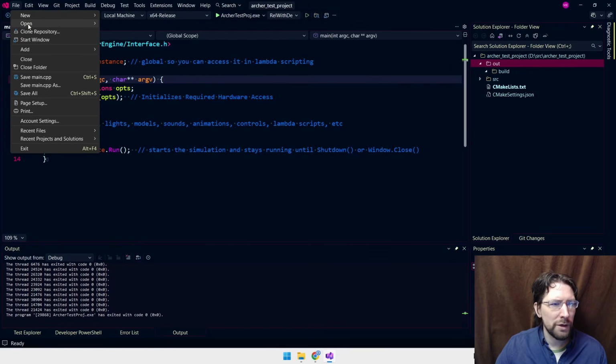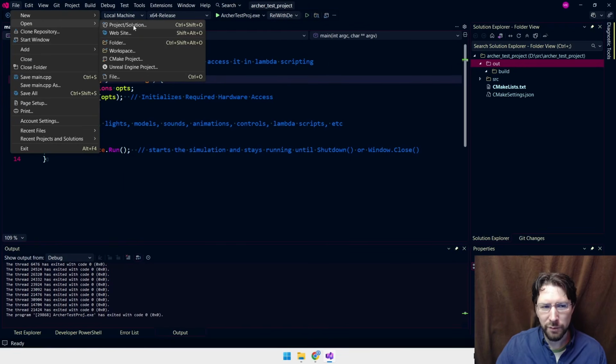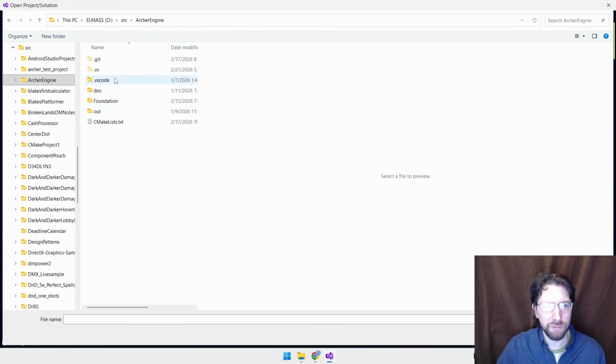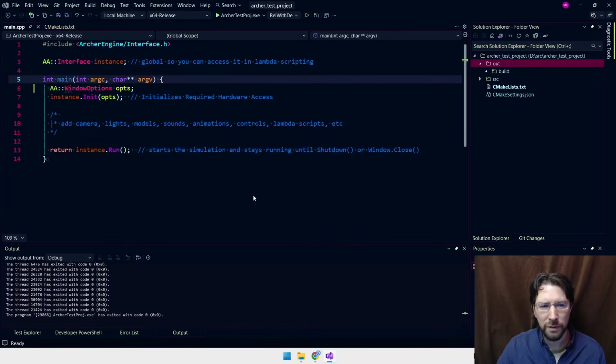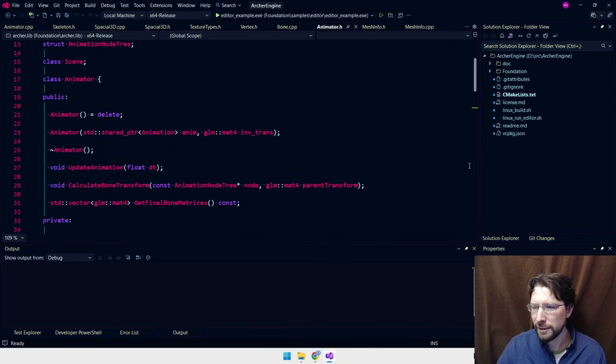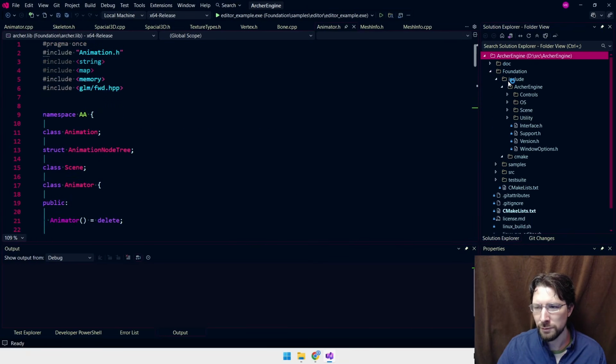What I'm going to do now is talk very briefly about the future of this ArcherEngine, which I did at the beginning, but I actually want to tell you the changes I've made. So let's open it up here. I've been trying to fix this to make it more usable, which makes sense, right? I took a long break from it.